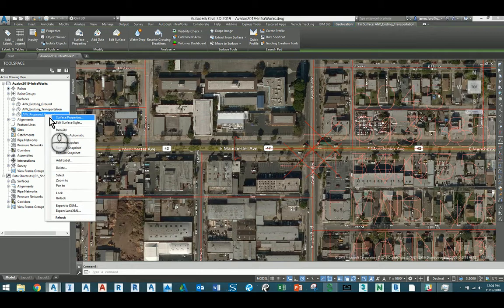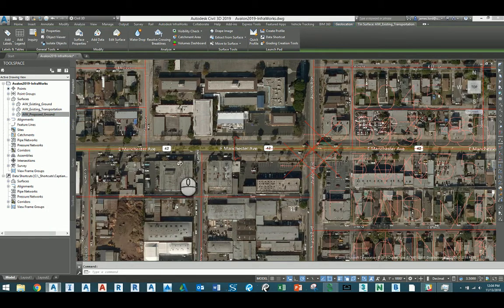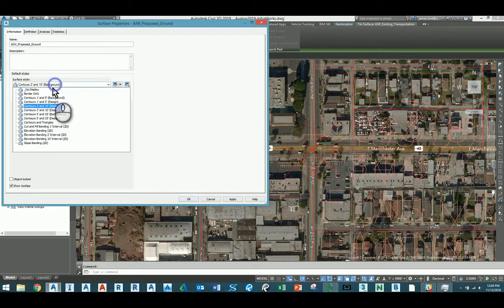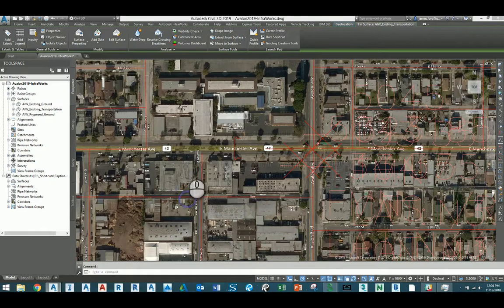But I'm just going to turn off all these surfaces, so that way I can start prepping it for the next phase, which is basically going to start creating my intersection. The newer InfraWorks 2019 should bring in the corridors itself. I'm not sure why mine's not bringing in those corridors, but